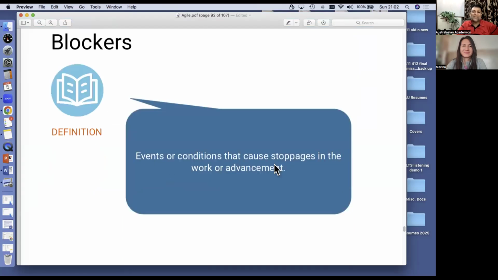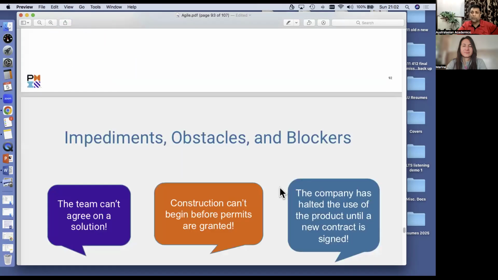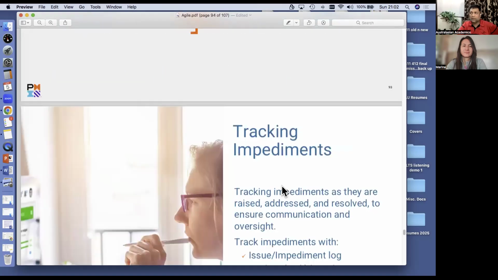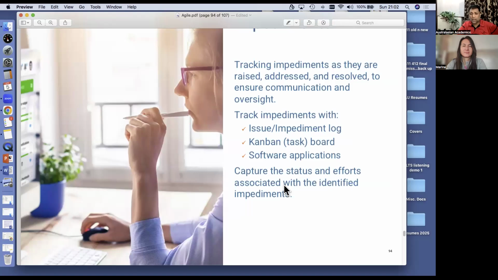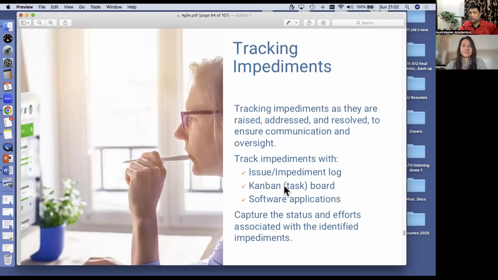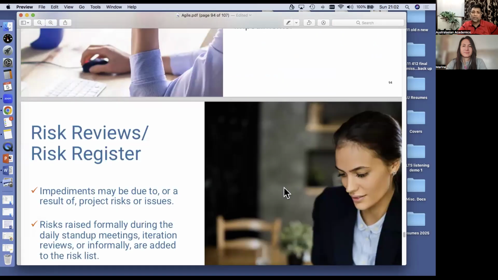Blockers. Events or conditions that cause stoppages, roadblocks, they call it. Blockers, stoppages in the work advancement. For example, supply chain disruptions in this whole war scenario. LNG gas not being supplied to aluminum manufacturers or fertilizer manufacturers. Or rare earth, China putting an embargo on rare earth being exported to the US. The US not able to build those Patriot or F-35 Joint Strike Fighters without those key